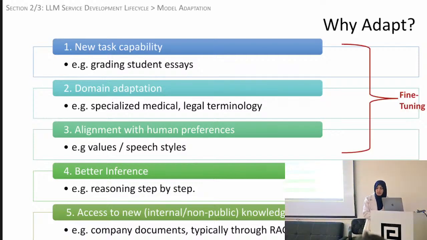So the first three goals of adaptation are accomplished through fine-tuning, which is basically when you're retraining the model. You're doing this training process, you're changing the weights of the model. The last two can be accomplished without it, just by changing your prompts, just by changing what you input to the model, and you treat the model as a black box. You don't touch the weights, you don't change it internally. So that's why usually people start here when using an LLM. It's a good idea to start here because it's easier to do. Oftentimes, this will be enough. But if it's not, then you go on to the fine-tuning, or if you have a specific use for fine-tuning.